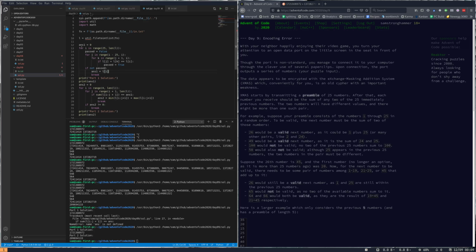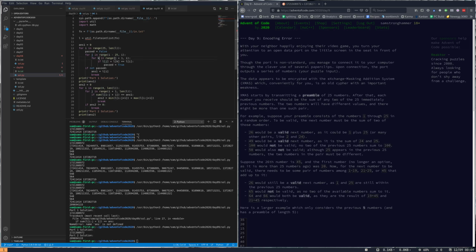So what we do there is we look through every single index in the entire array, starting at index 25, which is the 26th number, and we say, nope, you haven't succeeded yet, and then we iterate through the previous 25 indices, where J iterates through the previous 25 indices,